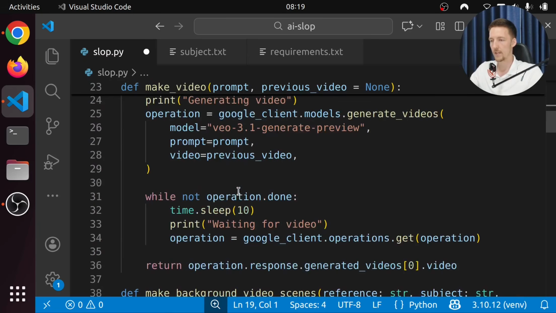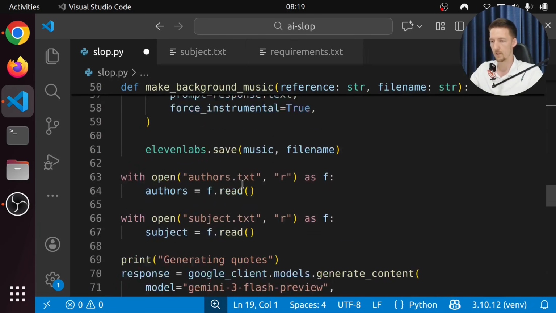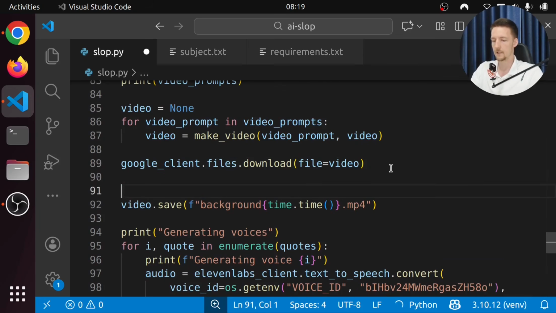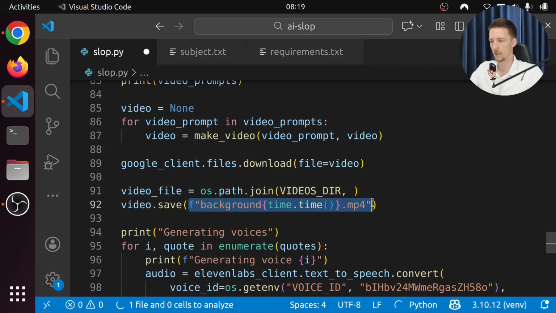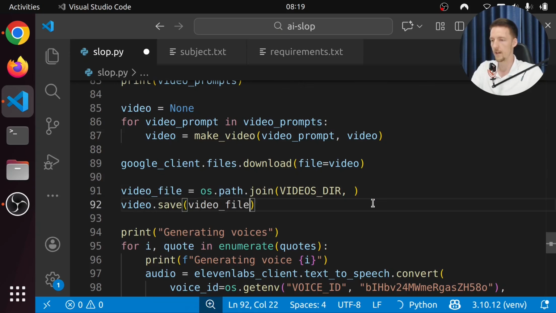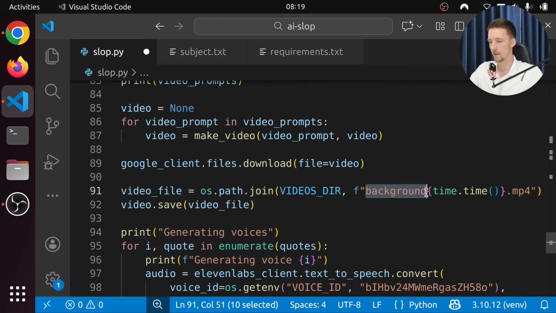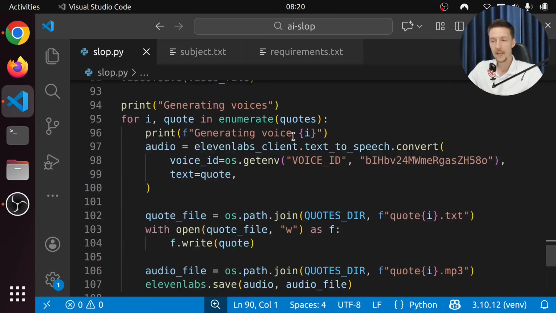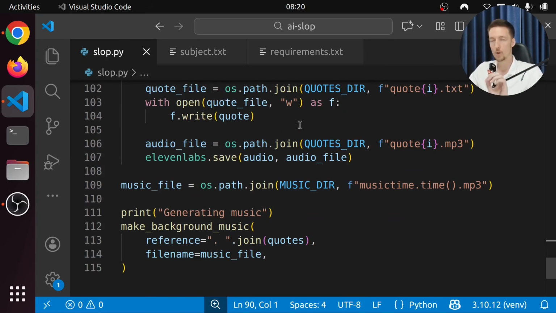And where do we actually save the video? We do it down here. Let's say that the video file is going to be os path join videos dir, and then we're going to put this thing, and this is video file, and let's call it video. So in the end, we should have all the content that we need, and then we just have to combine them together somehow.